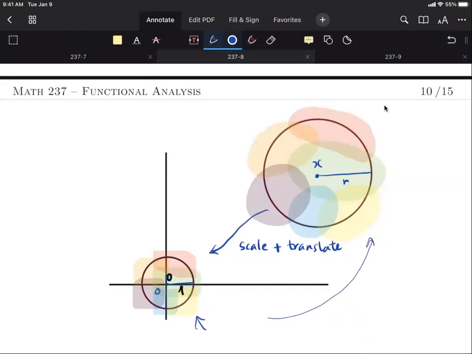So if you contract, the inverse of that is expanding, and vice versa. And then you take the inverse of your translation. Since the cover here has been reduced, the translated and scaled covering of the unit ball will comprise a finite covering of the original ball,